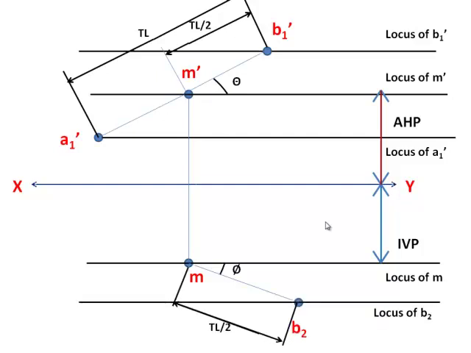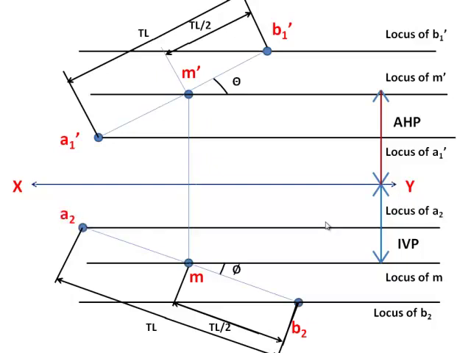Okay. Then mark the point as B2 and draw a horizontal line through the B2 point, that is your locus of B2. Then further you extend that MB2 line on the same inclination for the remaining TL by 2. That is your true length. Is it clear? The TL by 2 is 40 mm, TL is 80 mm. Now you mark the point as A2, because A and A1 dash are coming in different locations now, because the reference is given with respect to M dash and M, not with respect to A dash and A. Okay.